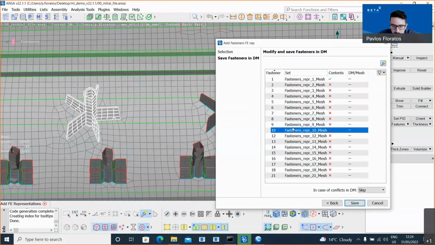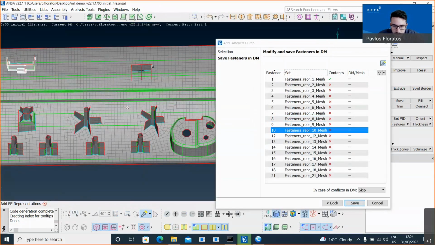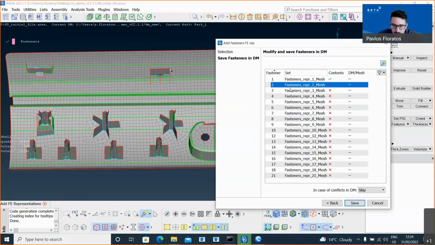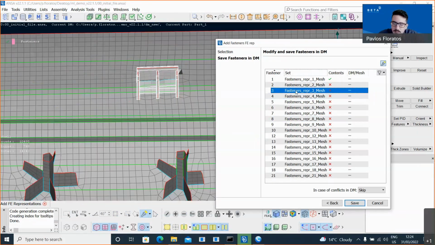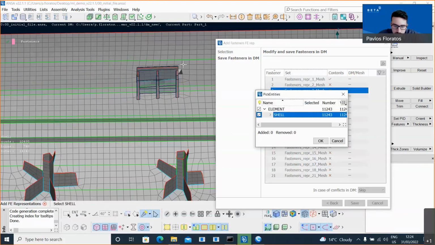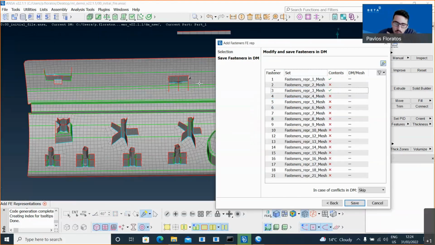So, for example, I can go on some other fastener, maybe this one, right mouse click, edit set contents, and put the contents of this fastener in the respective set. When I edit the contents of the set and put some cells in it, you will see that I get a tick mark here. This means that this set is filled with contents.